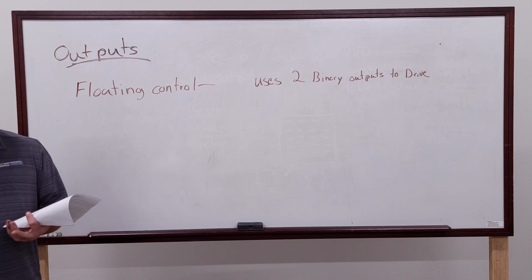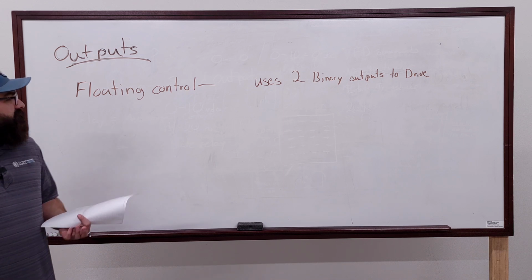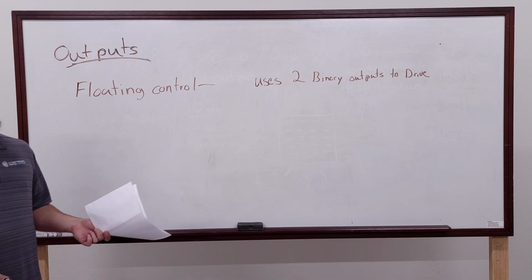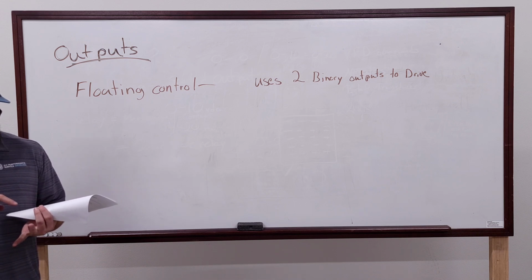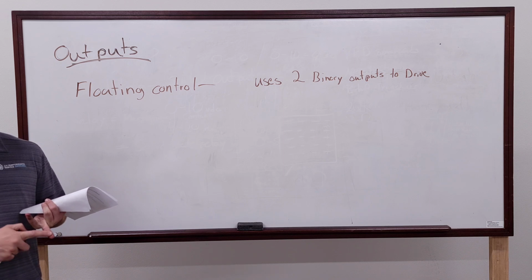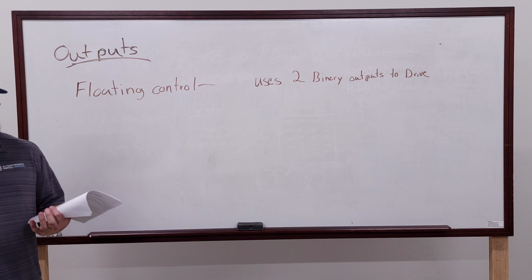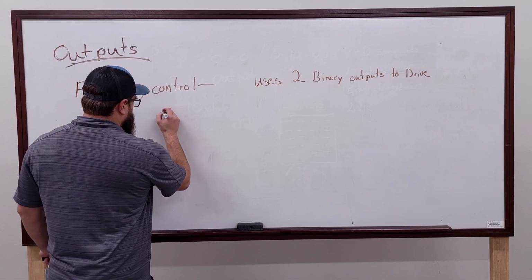I've never seen a VFD with floating control on it, but a lot of cheaper actuators, like damper motors on VAV boxes, those little tiny cassette valves you find in cassette ACs, like at schools and stuff like that, use them. So what floating does is you will have an open